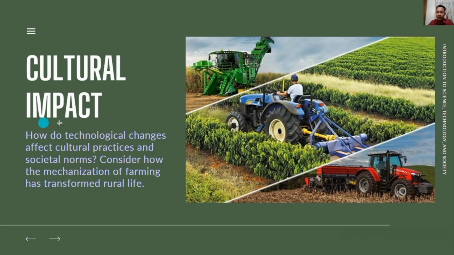Next is our cultural impact. How do technological changes affect our cultural practices and our societal norms? So consider how the mechanization of farming has transformed rural life. Through technology, it makes farming more efficient. It can cultivate a much wider area compared to the